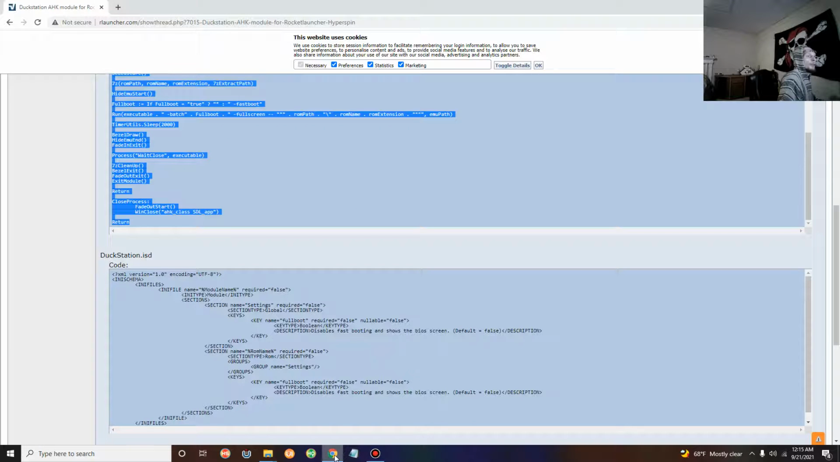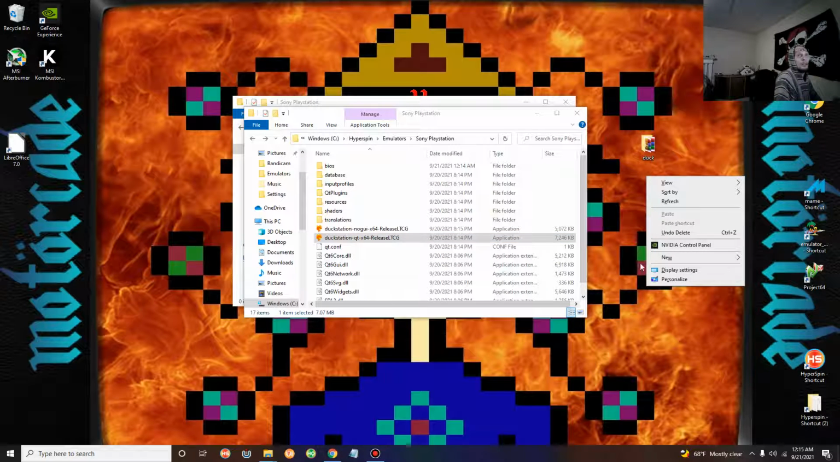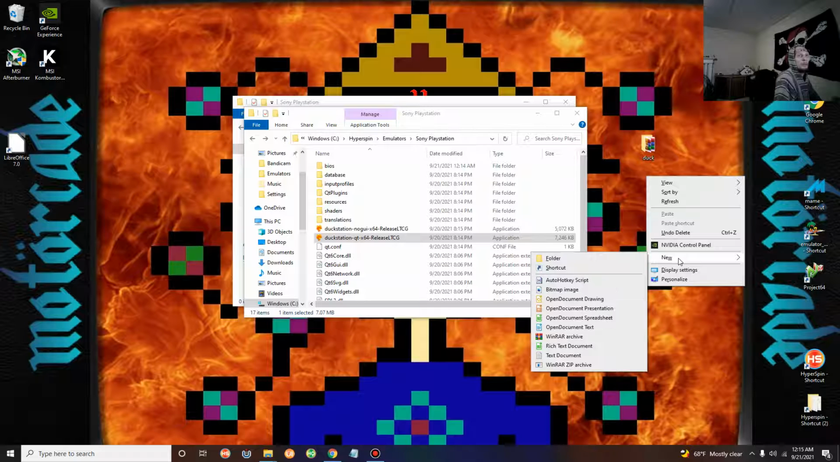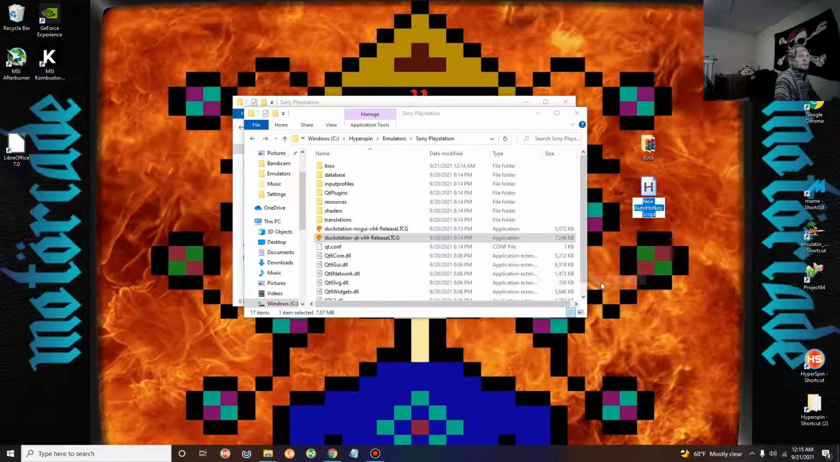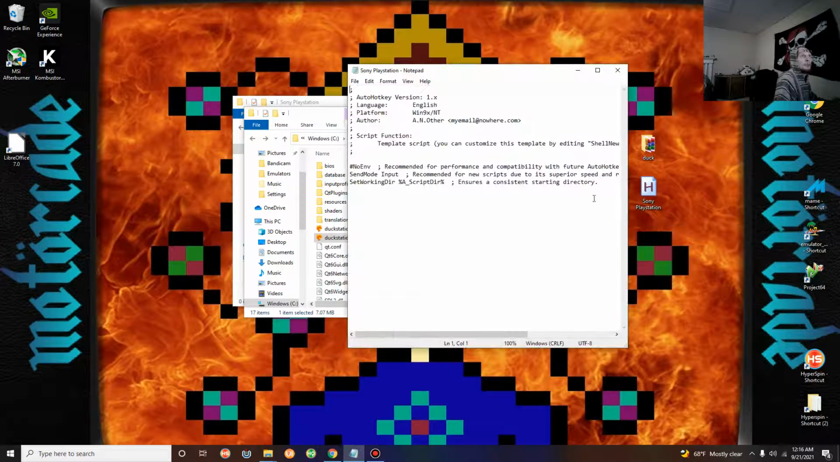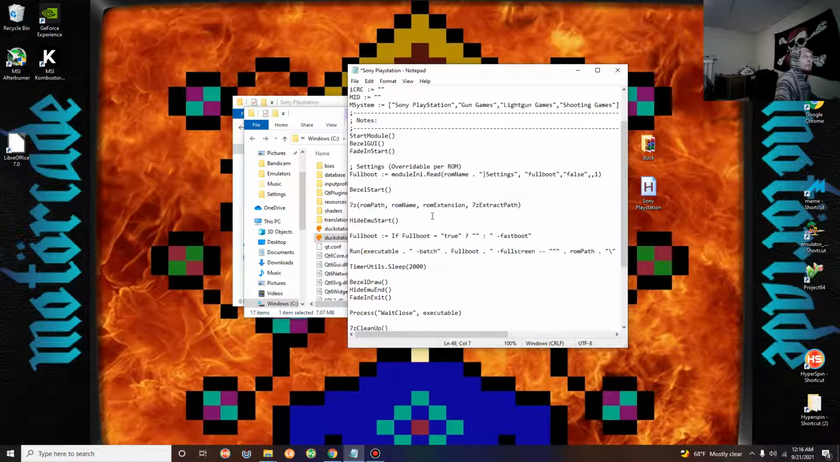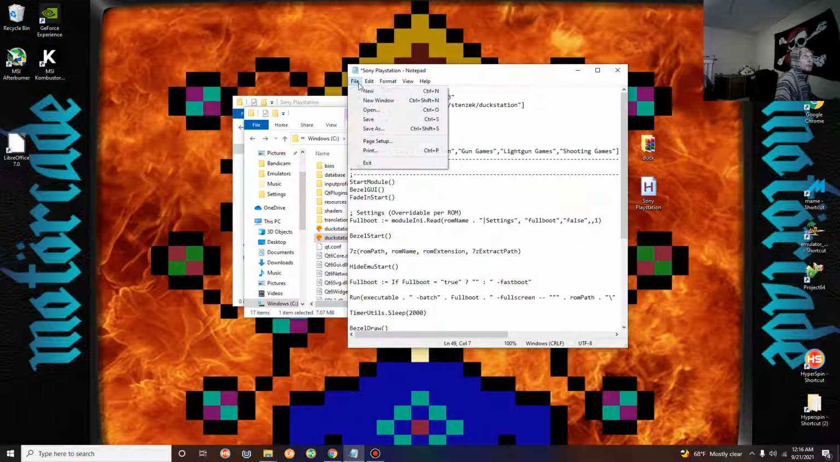and then you're going to want to go to your desktop. Now you have to have AutoHotkey installed. You're going to right click, go to New, AutoHotkey script. I'm going to name this Sony PlayStation. Right click and edit script. You're going to delete all this, and you're going to paste your code there. Now File, Save,